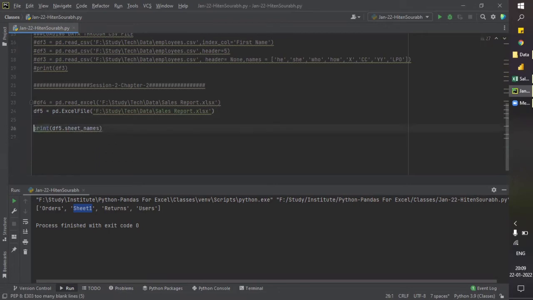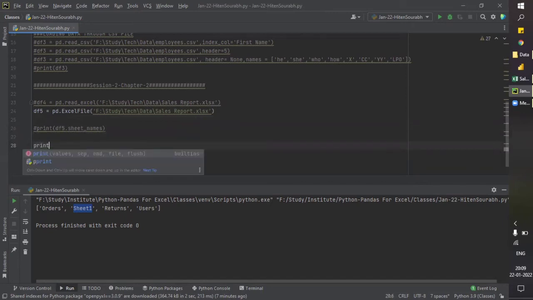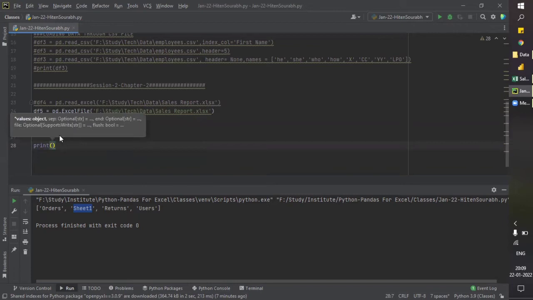Let's keep this for future reference. Now again one print. I've left that just so that if anyone wants to see, the line of code will be there.